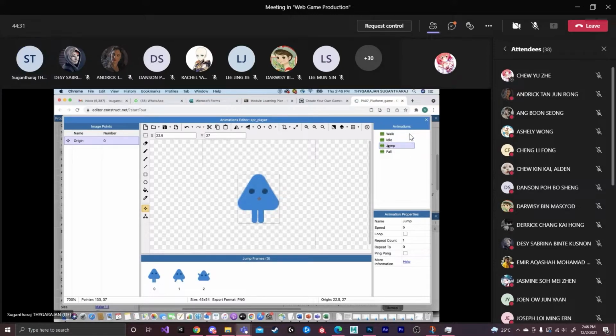Okay, and then for the jump I'm using the 3 animations over here. This one, you just go and choose whichever you like. Then you can just see whether it looks like a jumping. So you can just play around and see. So similarly then for falling, this is for falling down.